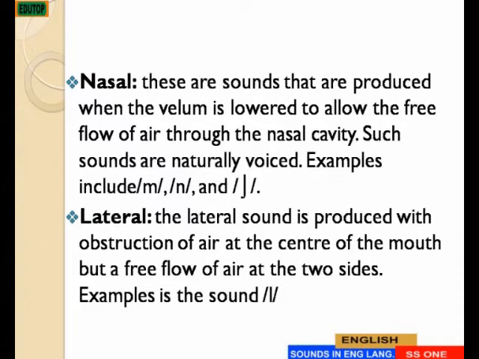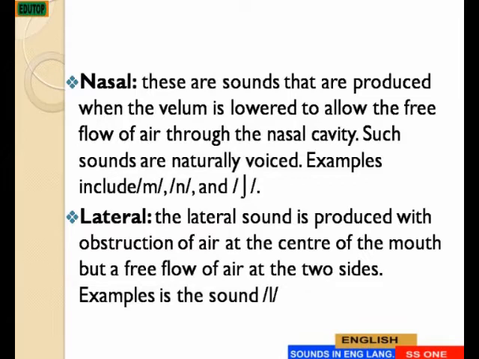None of them is voiceless. Examples of nasal sounds are m, n, and ng. Lateral sounds. There is only one lateral sound in the English language, and it is produced with obstruction of air at